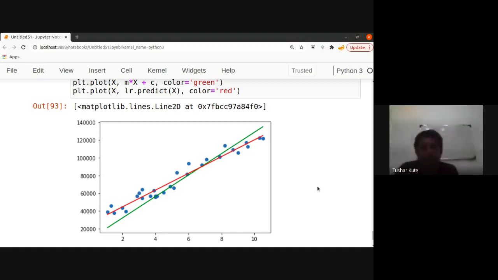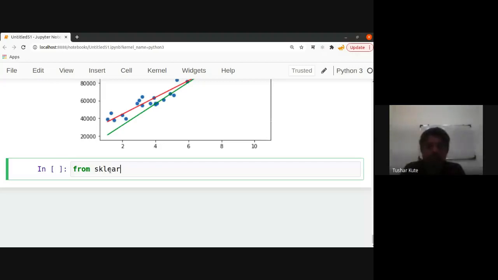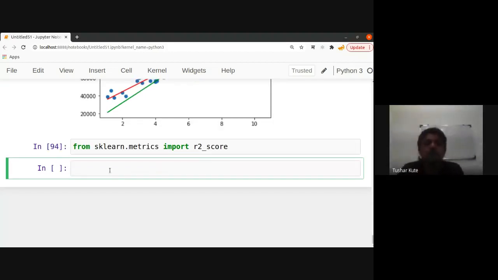If you use OLS, it will also draw the line. But where the error is high, that is, where the mean absolute error is more or the R2 score is more, that you can also calculate. For example, if you want to check the R2 score, that is your R square error, so we'll import r2_score. And let's have Y from the gradient descent